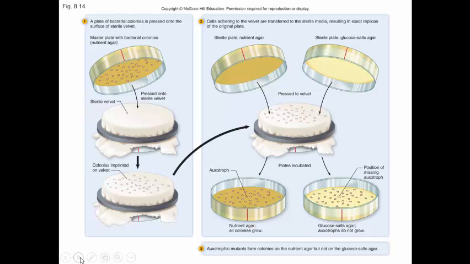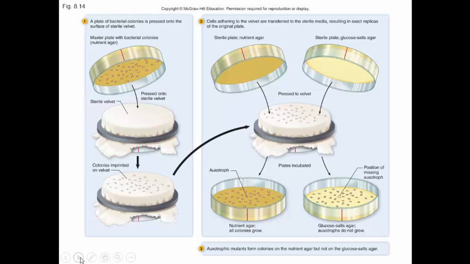You have to make sure that you have a certain marker to tell you what's north, south, east, west, or something like that. The colonies are imprinted on the velvet. They will retain that. And then you take your plates, whether they're glucose, salt, or nutrient, and you have these brand new sterile plates come down at the same position and press on the velvet. They'll pick up some of the bacteria cells in each of the different colonies in the entire array or pattern. That way you can make a bunch of plates that have the same pattern of distribution of the bacteria cells,